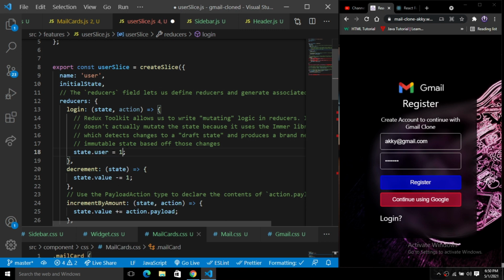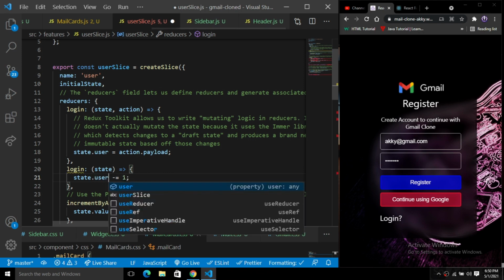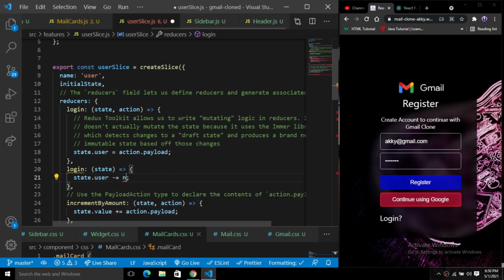So here we will update the state of the user: state.user equals action.payload. Then we will create the logout functionality. For the logout, we will set the user state back to null. So when we log out, we simply set the user state to null.